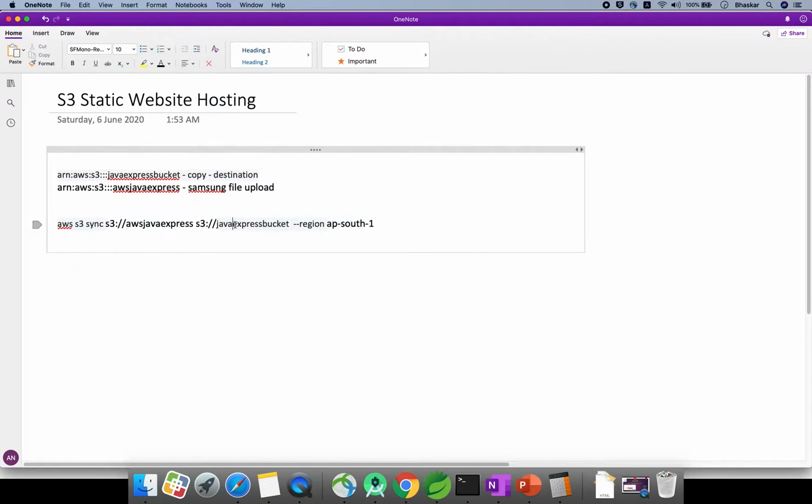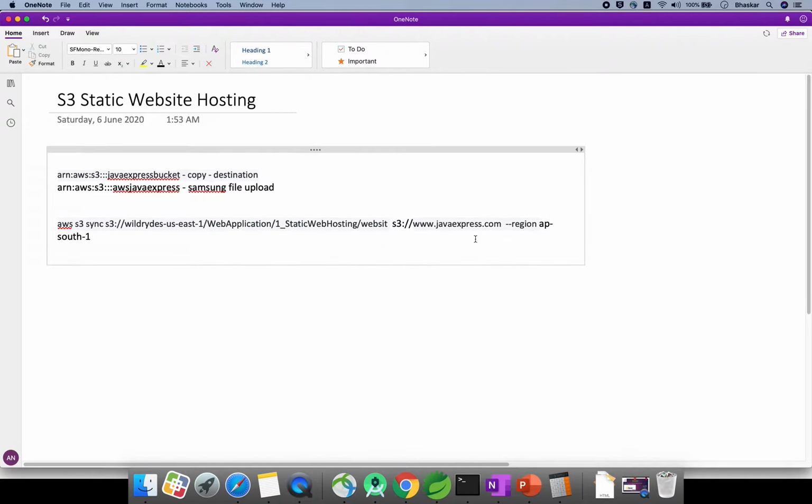In the previous section I already explained how to do this part. If you want to copy one bucket to another, use aws s3 sync. Here you can give your source, copy, and you need to give your bucket name. Which bucket name? www.javaexpress.com.